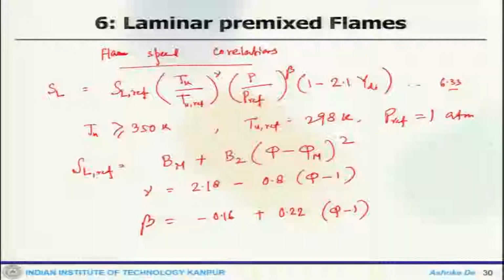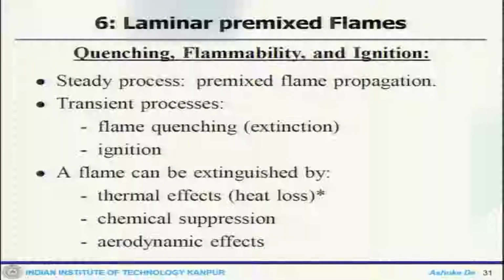Now we can look at some other interesting things which actually occur in a premix flame. This is very specific to a premix flame. One important aspect of it is quenching. So what does quenching mean? Quenching means that there are certain areas where the flame extinguishes, and this flame extinction can happen due to many factors, and we will look at what those things are that actually cause quenching to take place.